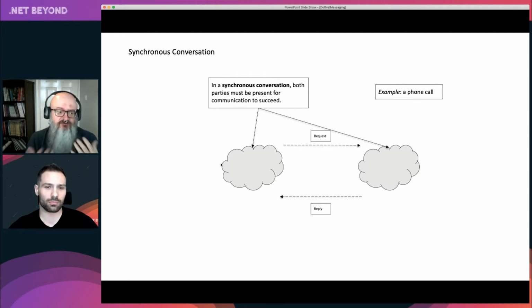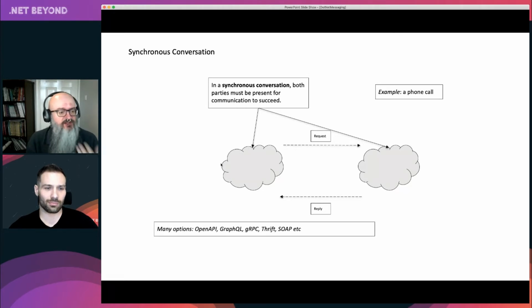Nowadays, the only person that phones me is my mum. Everybody else uses messaging. We'll come to messaging in a second. But typically, these are things like OpenAPI, GraphQL, gRPC. All these things require both the client and the server to be present at the same time for the communication